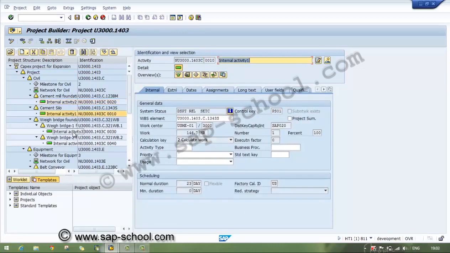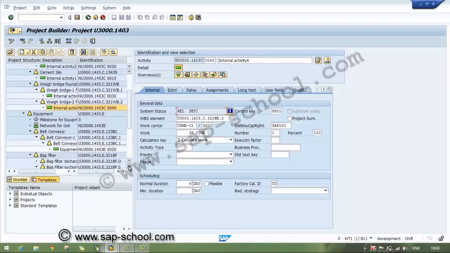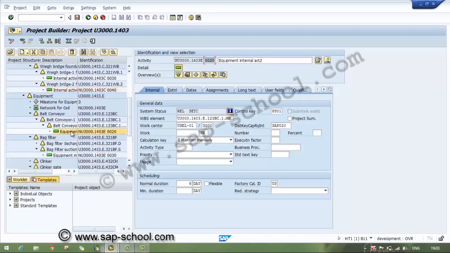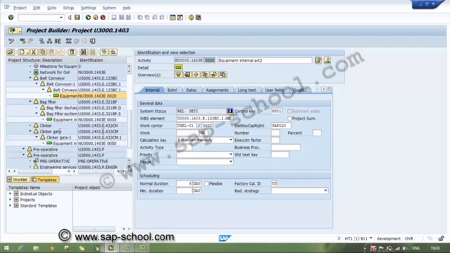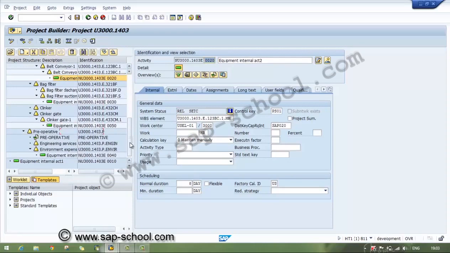So these are the activities which are released with the status. Settlement rule has been generated. This is also released. So now this project we will use for the capacity requirement, finding out the capacity requirements